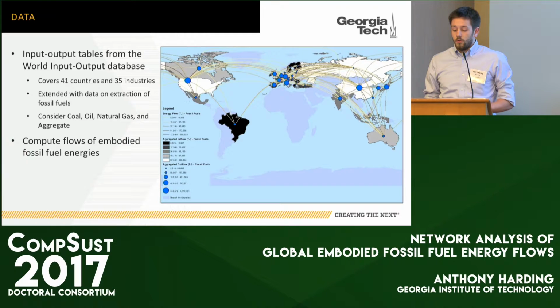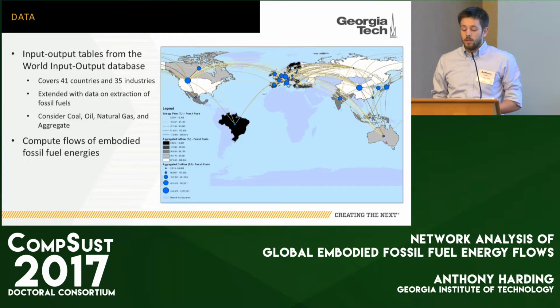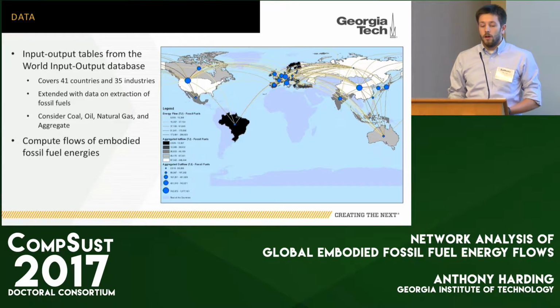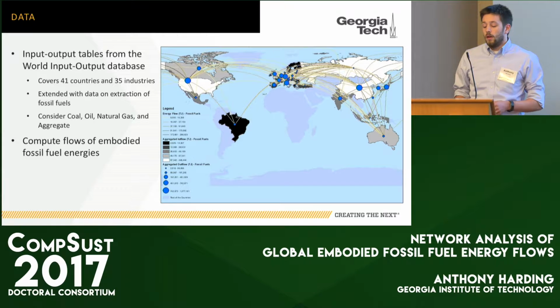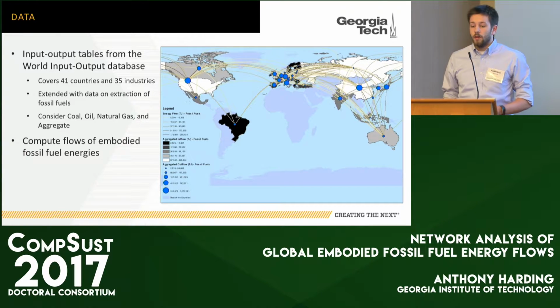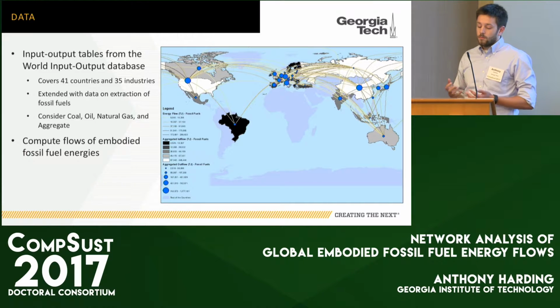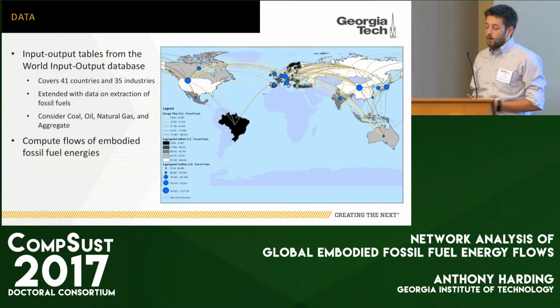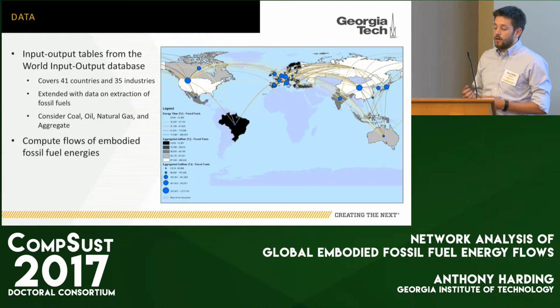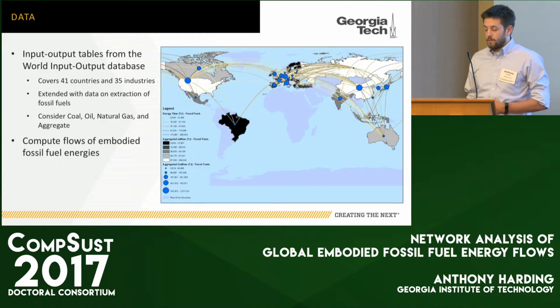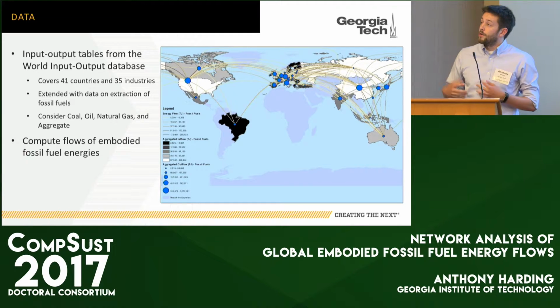And once I've computed these flows, I'm able to generate a network where the nodes represent countries and the edges are weighted by the amount of energy in the products traded between the countries. So with this network, I'm trying to identify countries that are more or less important. So I turn to different types of network measures to try and determine where the most effective place to implement